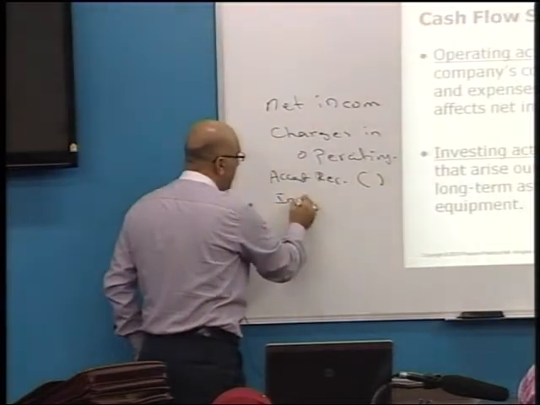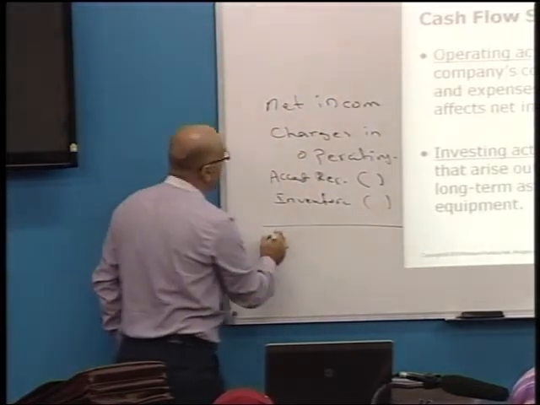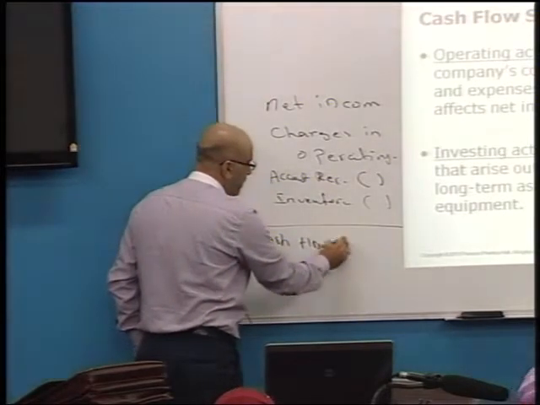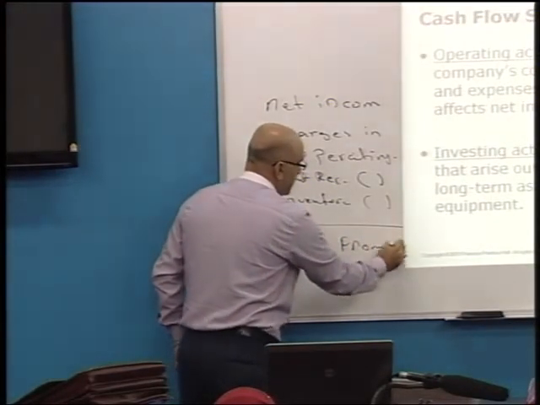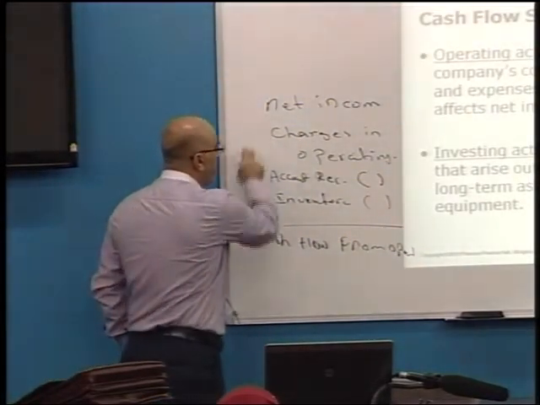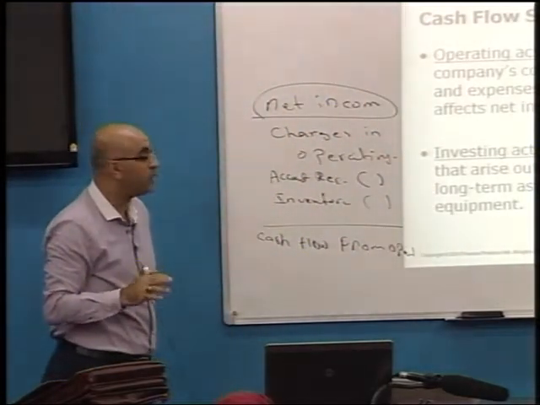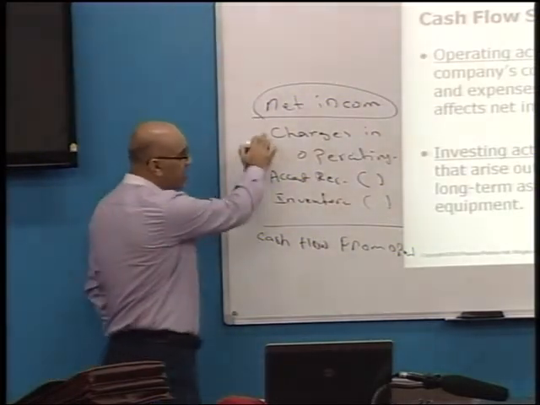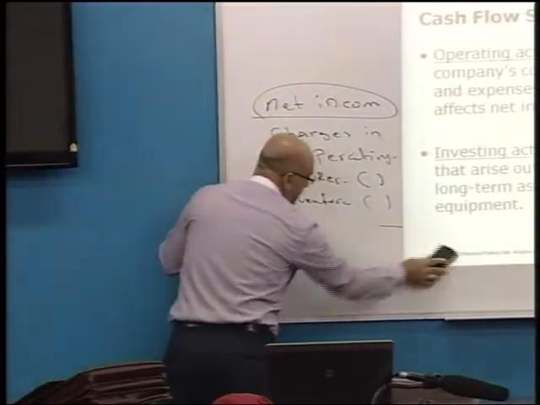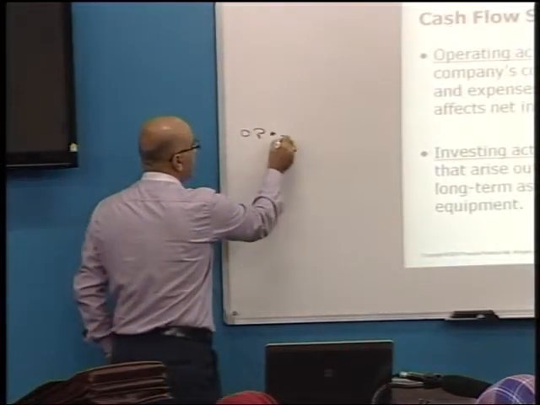You talk about the inventory and so on. Then, after you finish, you see the cash flow from operation. So the cash flow from operating, including the net income, which is the main important item. Then any changes in the operating. What is the operations? You will see what are the items in operations. Now, the operations